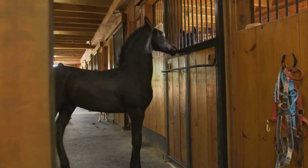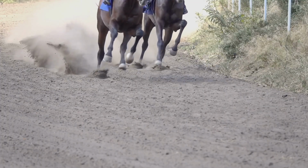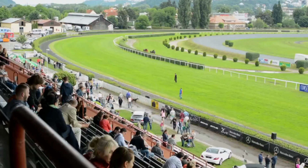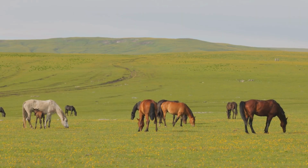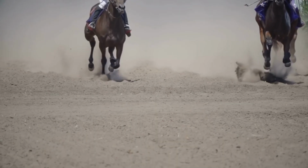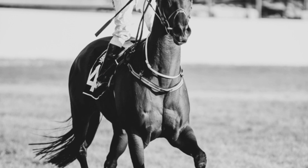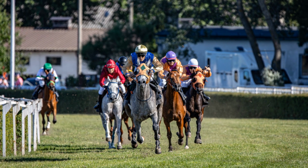They are tall, lean, and athletic with long legs, a deep chest for lung capacity, and an explosive power that is simply breathtaking to witness. Developed in England but perfected and celebrated here in the United States, particularly in the rolling hills of Kentucky, the thoroughbred is the pinnacle of equine athleticism. They possess what's known as heart, not just the physical organ, but a courageous and competitive spirit that drives them